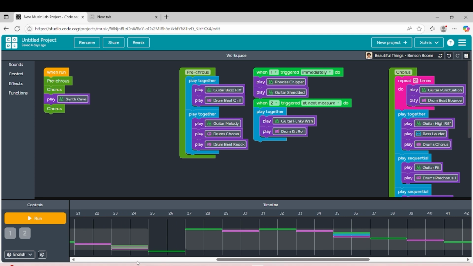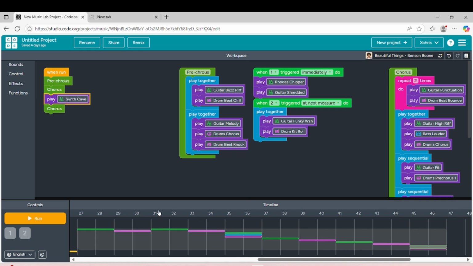As you can see, this is the last part that we add, and we also add another chorus, which is this. So we add another bunch of instruments that will be played. Yeah, let's share this.